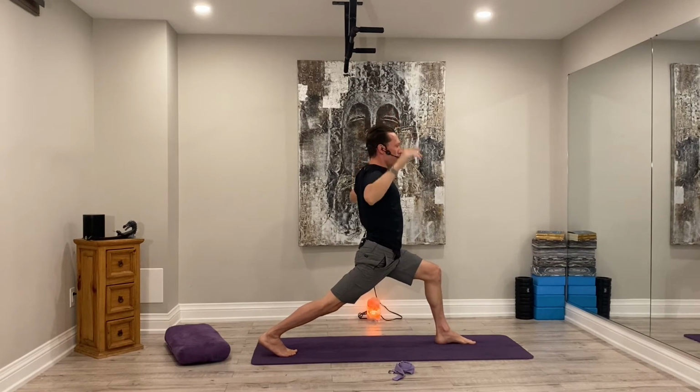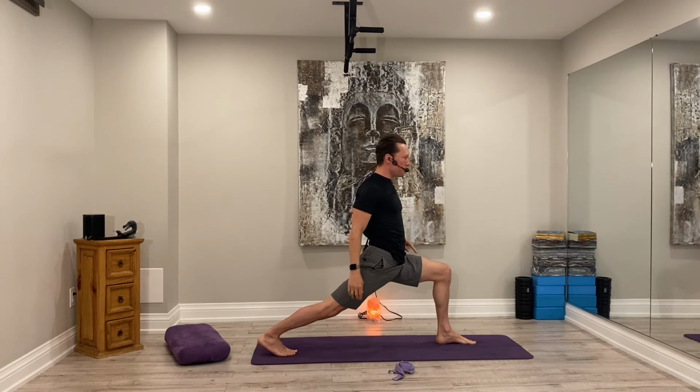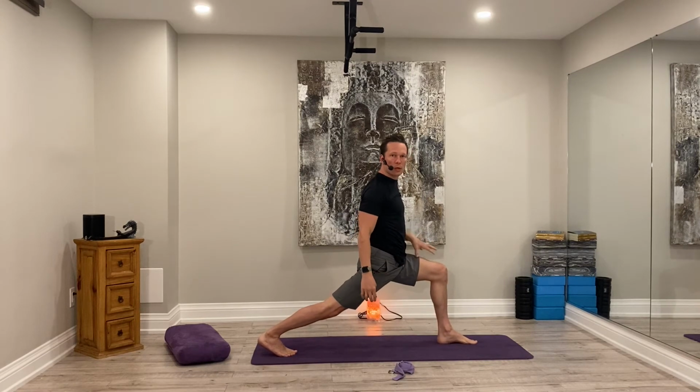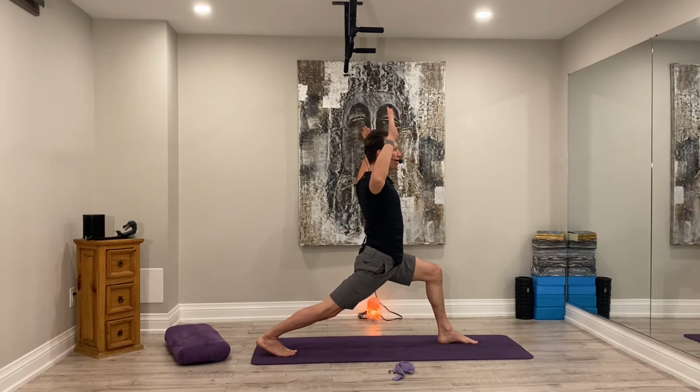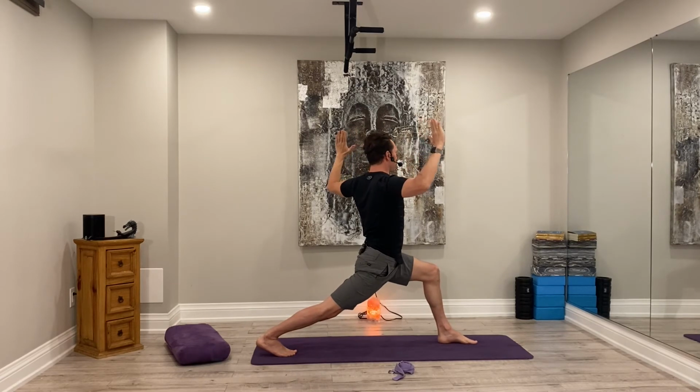Fingers are nice and wide. Sink a little bit deeper into that front knee. We're going to start activating our quads. Just like we did with the sitting poses, we are going to start rotating our chest to the right and